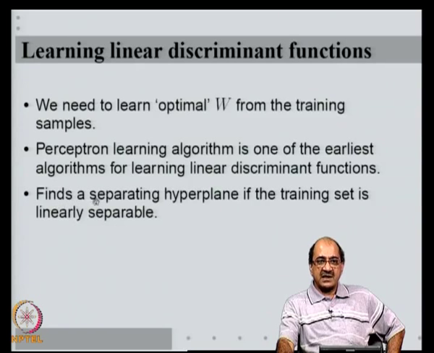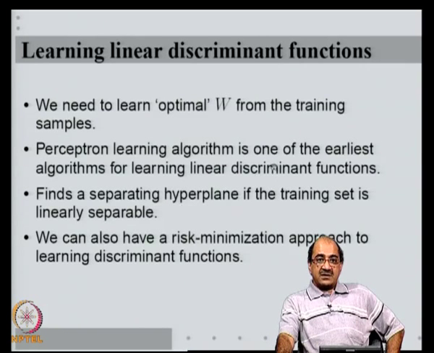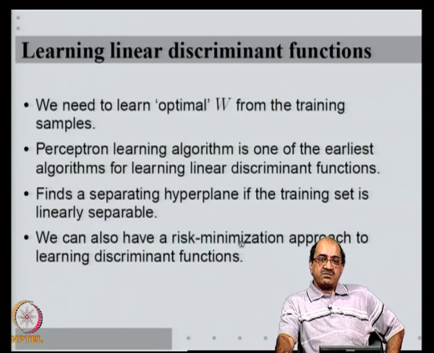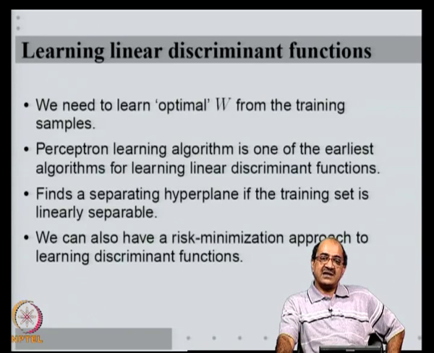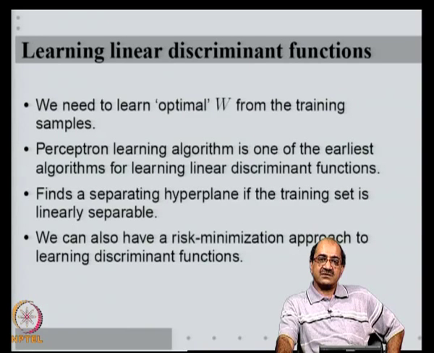We will study the perceptron algorithm, its convergence proof, and many other interesting aspects of the perceptron algorithm later on. But in general, when we may or may not know whether the training set is linearly separable, we can also use the risk minimization approach to learning linear discriminant functions. What do we mean by the risk minimization approach? Just like what we did in the risk minimizing based classifier, you choose a convenient loss function, then define the expectation of the loss function as risk, and find a linear discriminant function that minimizes the risk.